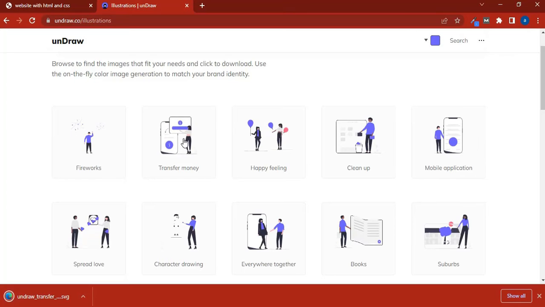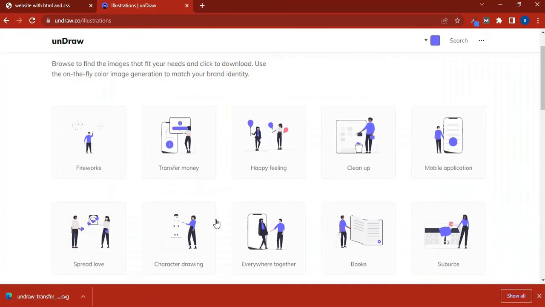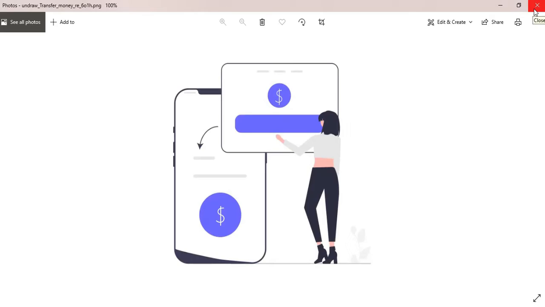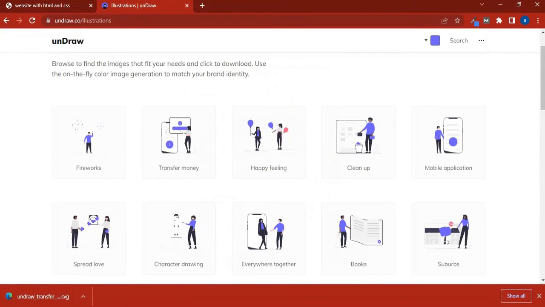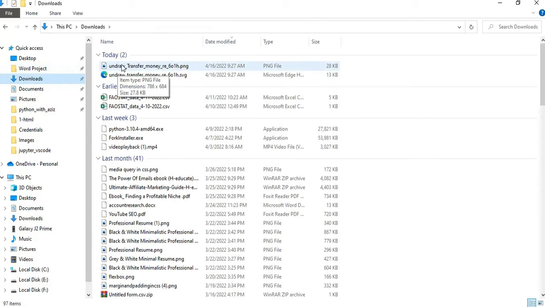I think I'll download a PNG, that is better for our project. Now that's downloaded, so I go to our download section, and here undraw.co, I change the name of this to home.png, I simply